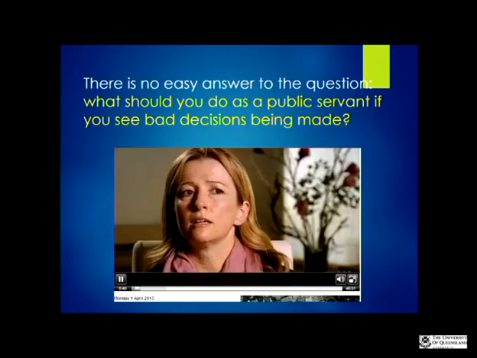And I think this is very true. There's no easy answer to what should you do as a public servant, or in fact in any other company, if you see bad decisions being made. I think you should always say something. It's just a question of how far you go. You should always state your opinion and let people know whether you agree or not and your reasons for not agreeing. But it's what happens when people don't respond to that. How far do you go? Do you go to your supervisor, and then do you go to their supervisor? There's a certain level at which you'll start feeling the backlash. Yeah.